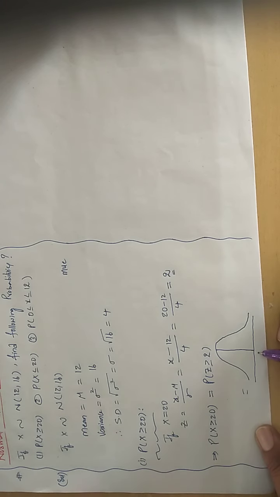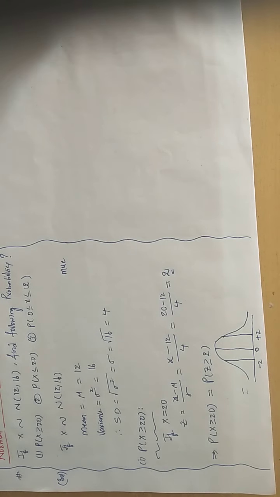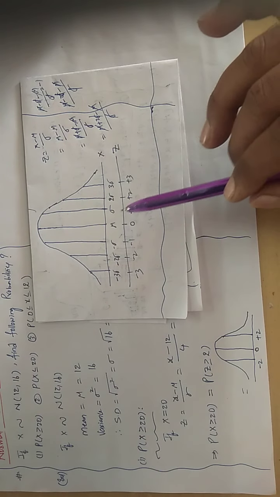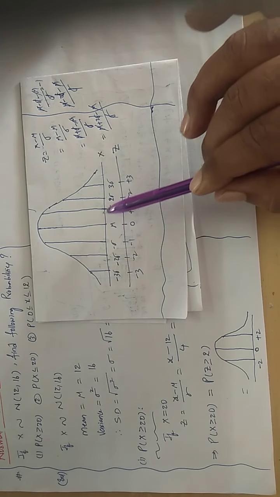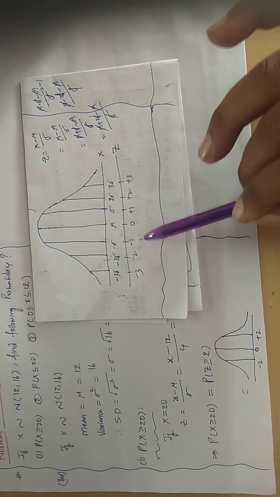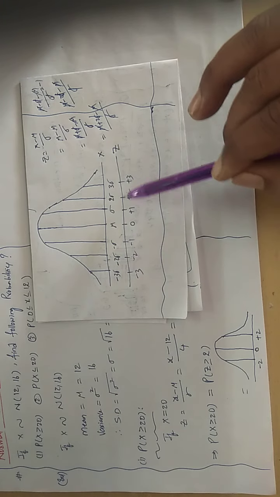Then this is the standard normal variate curve. The middle value is always 0.0. This is going to be minus 2, and this is going to be plus 2. Okay, so you know this, we calculated it in the last video. Whatever values are there for the normal variate are accordingly converted into a standard normal variate. So plus 2, minus 2.